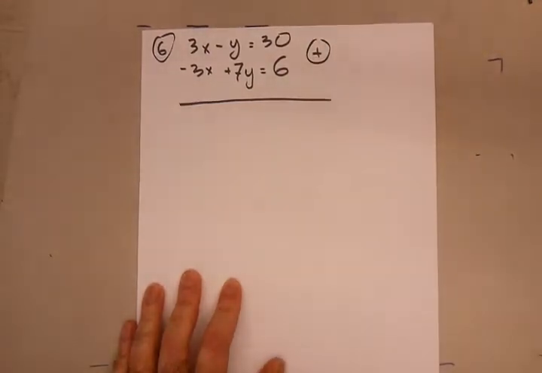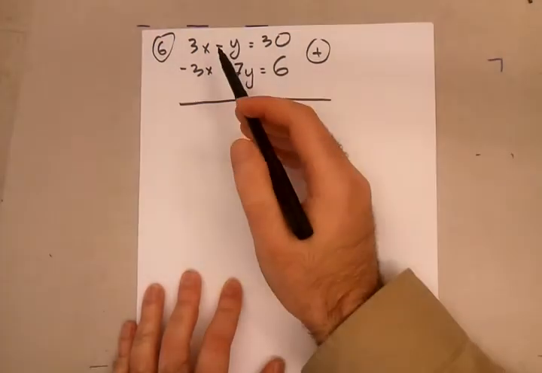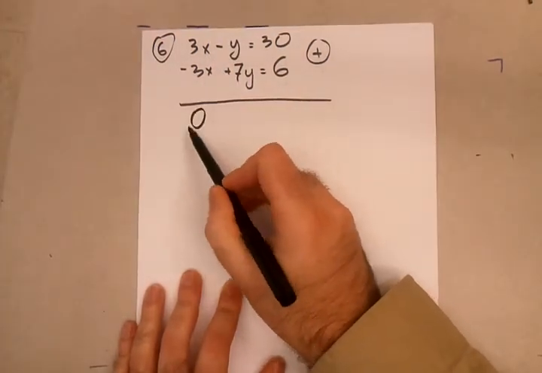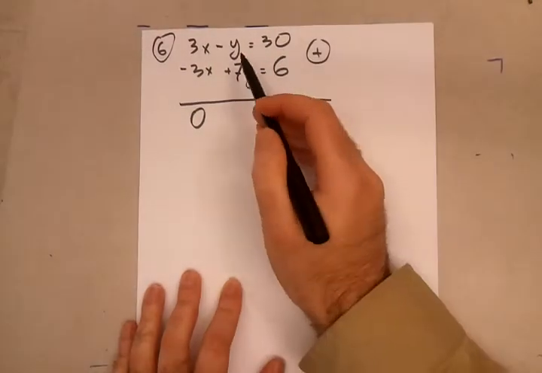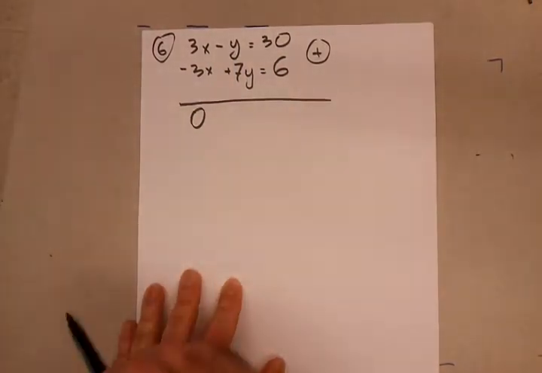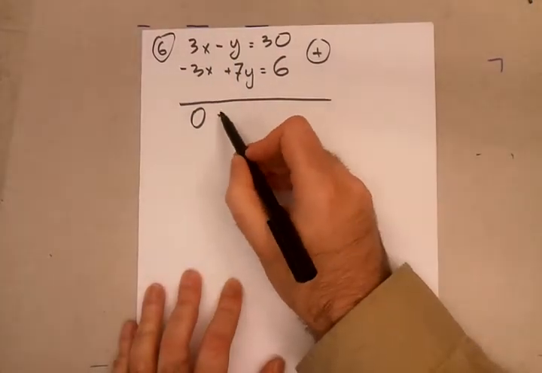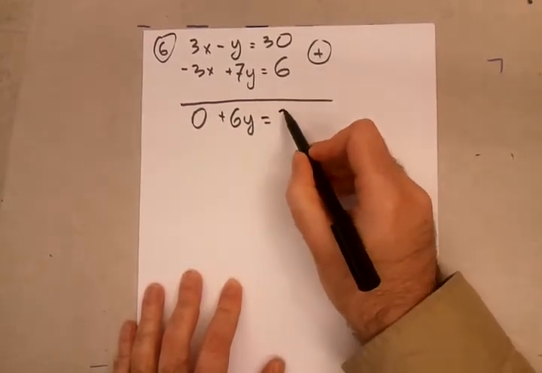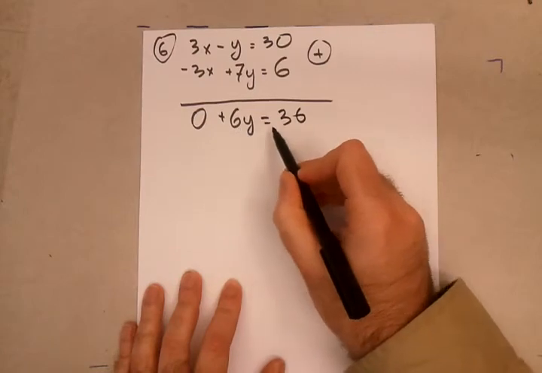We're going to add the two equations together. So we have 3x plus a negative 3x. That's a 0 because they're opposites. Negative y plus a 7y is going to give us a positive 6y. 30 plus 6, that's 36. 6y